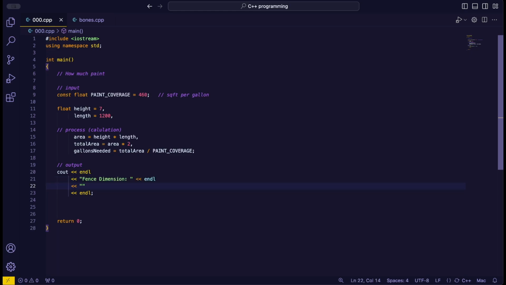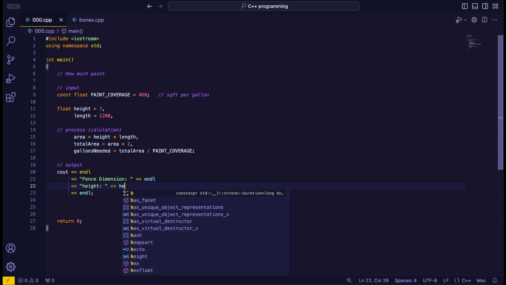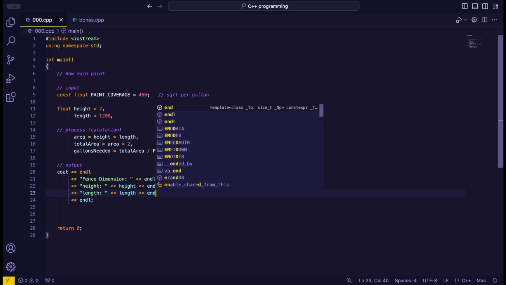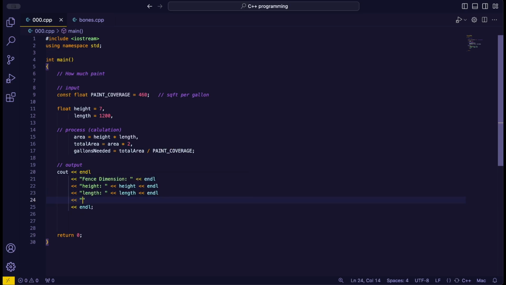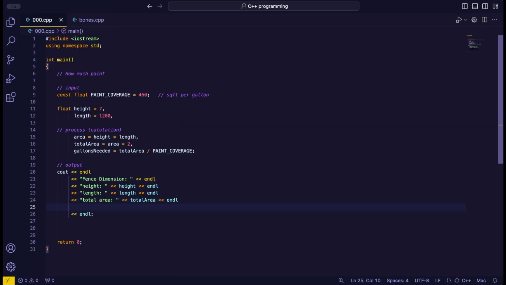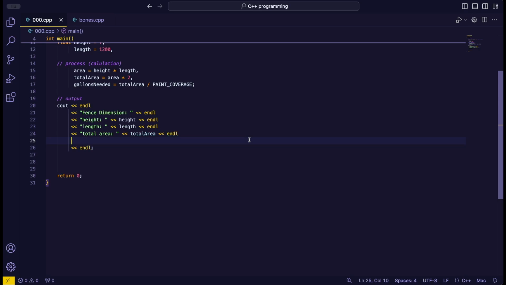Next thing I'm going to put is the height, and then height, line break, and then what else do I need? The length. That's set equal to that, and then what do we put? Total area. All right, let me scroll this up a little bit. Total area, and then